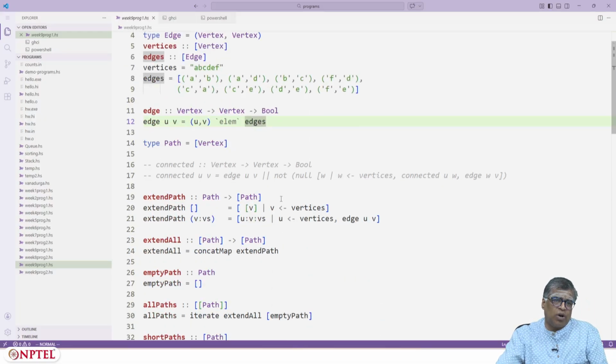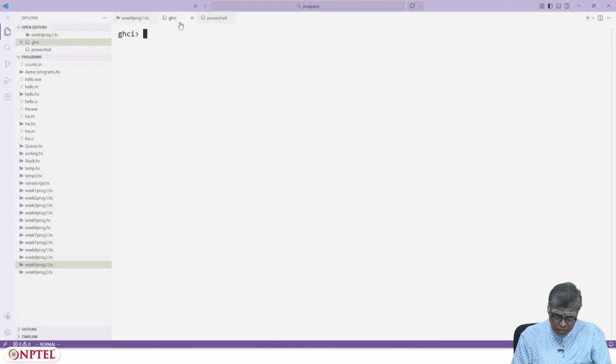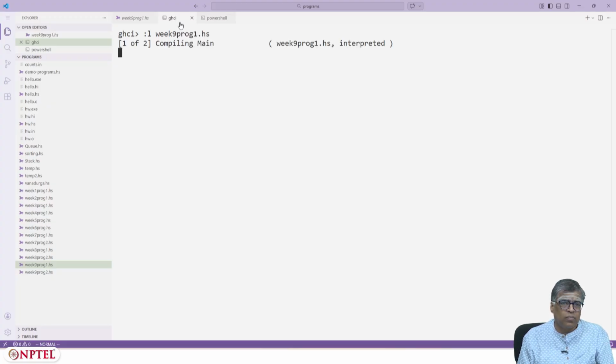Okay. Now, let us just check how this works. Okay, it is compiled and I can say all paths.